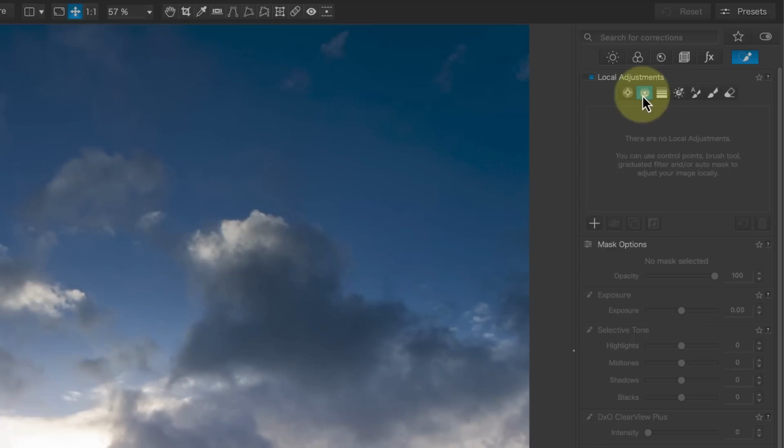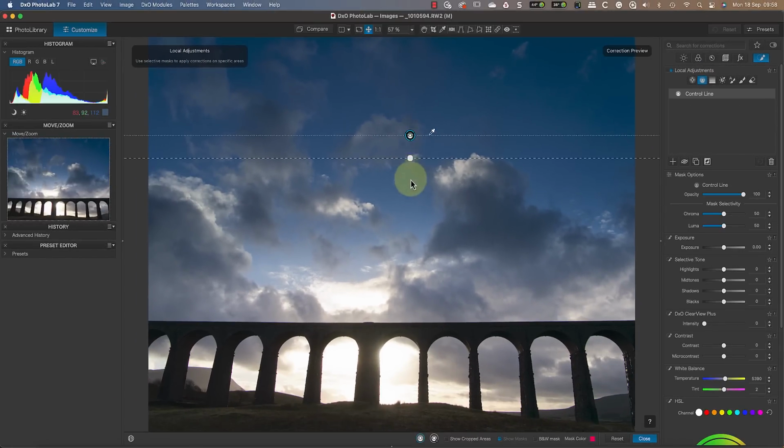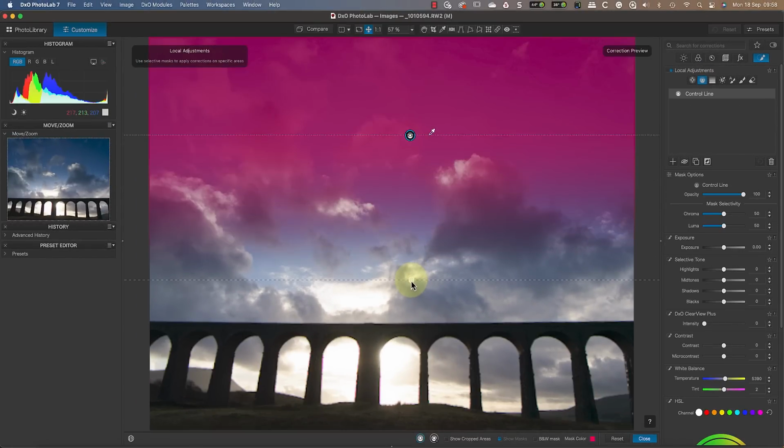Let's say that I want to select the blue at the top of the sky. I'll do this by selecting the control line tool and then drawing the control line onto the image. Then I'll position the sample point to select the blue area of the sky. Notice how much cleaner this design is as I no longer have all the sliders on the control arms. Instead, all the adjustments are on the right of the interface and arranged into panels. This makes them much easier to access.